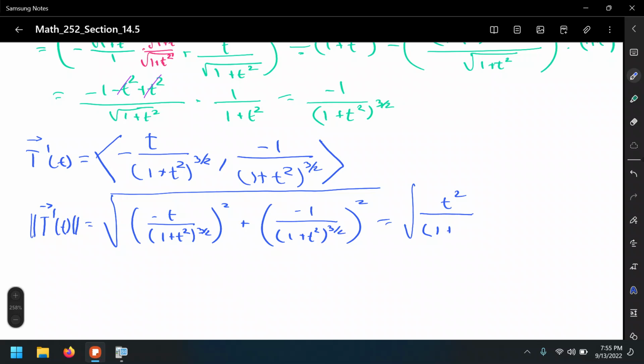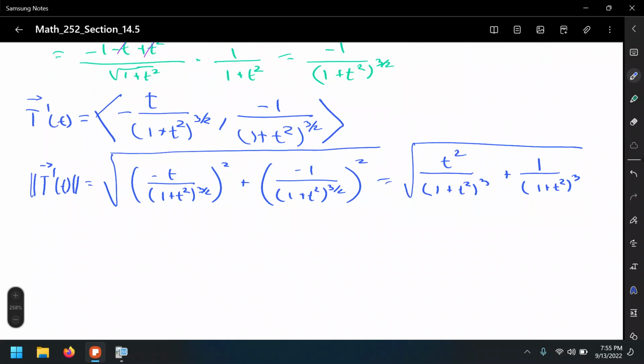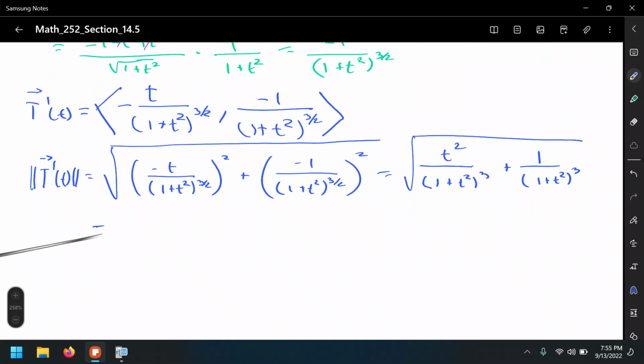So that's 1 plus t squared to the third, and then plus negative 1 squared, that's only 1, and the same in the denominator, 1 plus t squared to the third power. The good news here, we have a common denominator, so we can just combine these two together. So keep the denominator